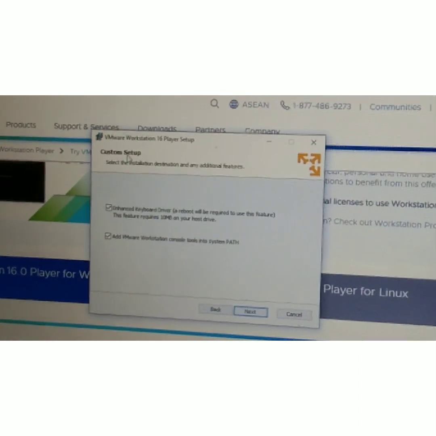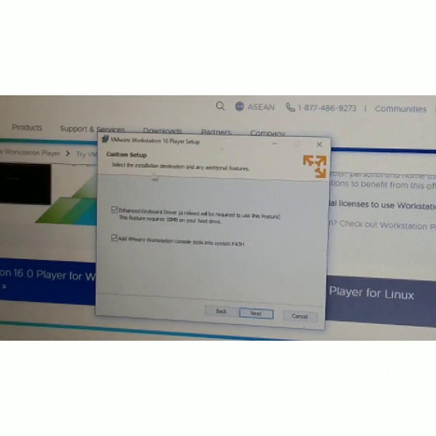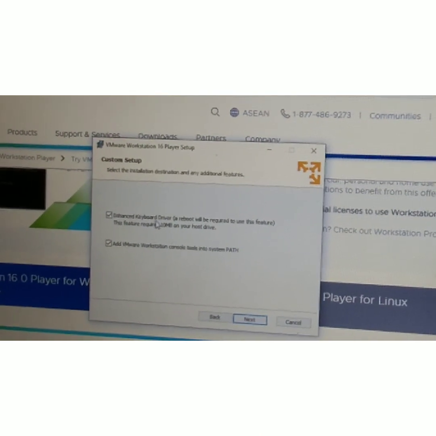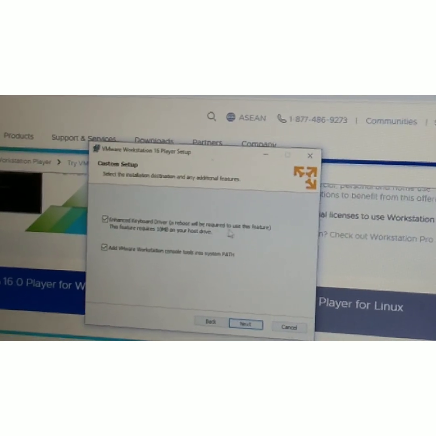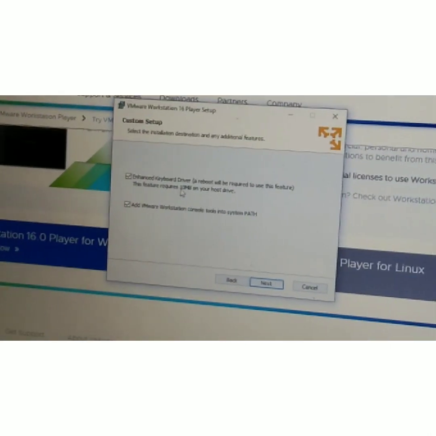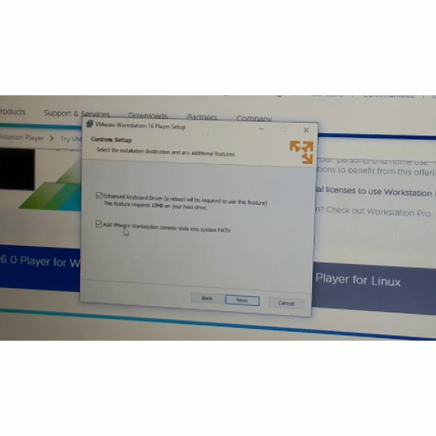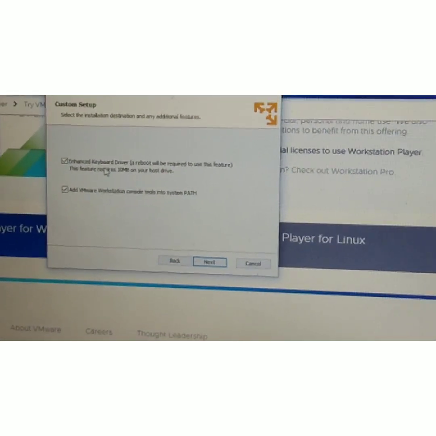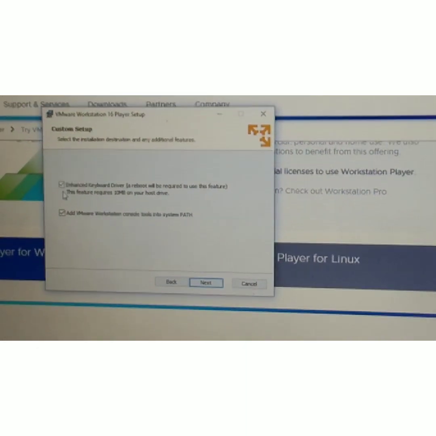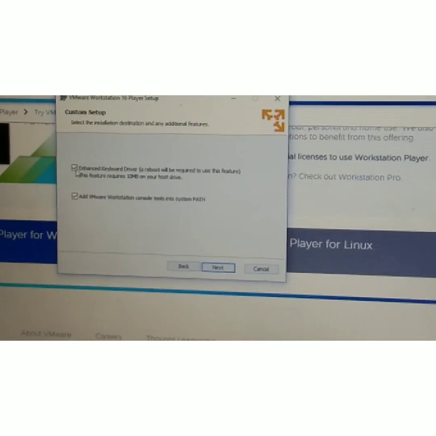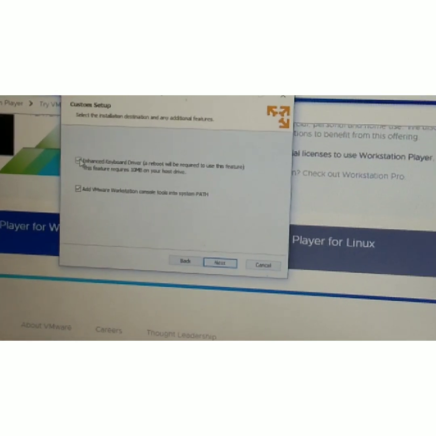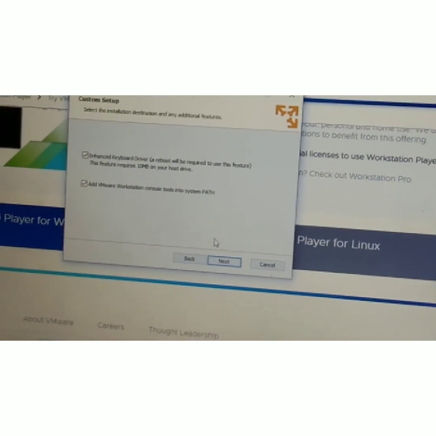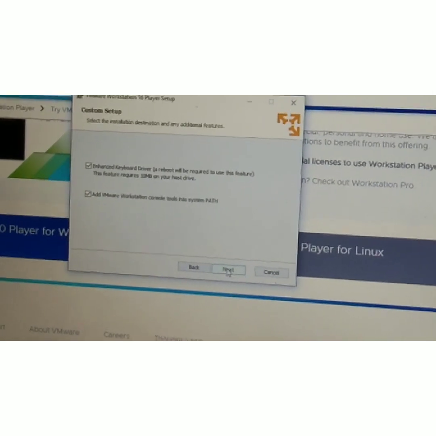and it will enter the custom setup. Select the installation destination and any additional features. There will be the Enhanced Keyboard Driver. A reboot will be required to use this feature. This feature requires 10 MB on your host drive. Add VMware Workstation console tools into the system path. On my laptop, these two boxes are already ticked. If when you install it these boxes are not ticked, you must tick them, and then select the next button and click it,